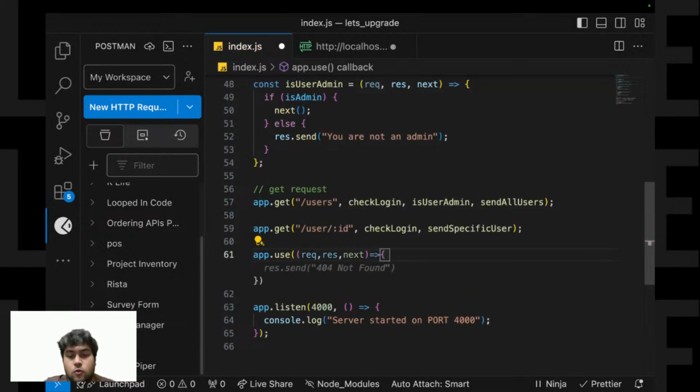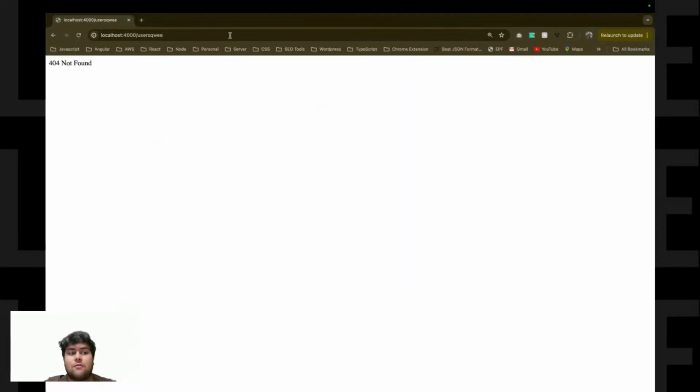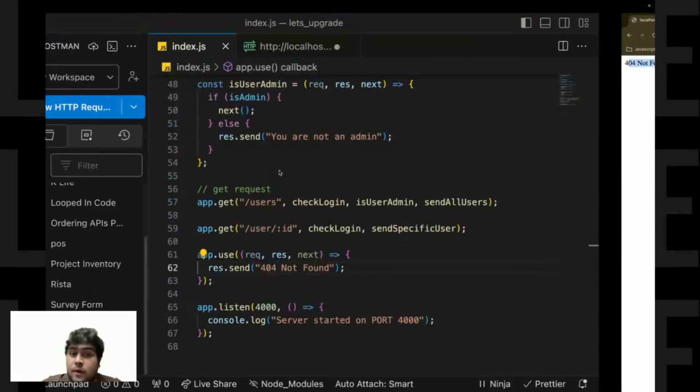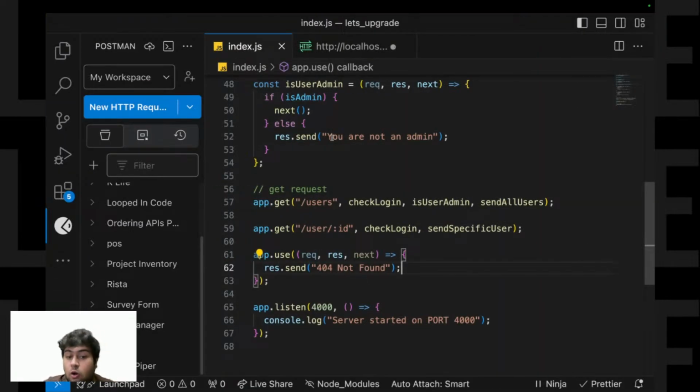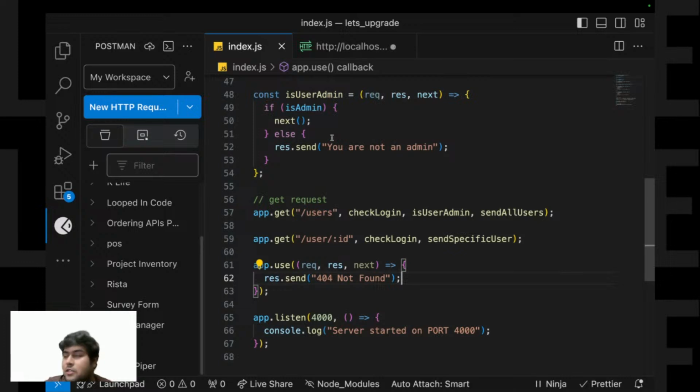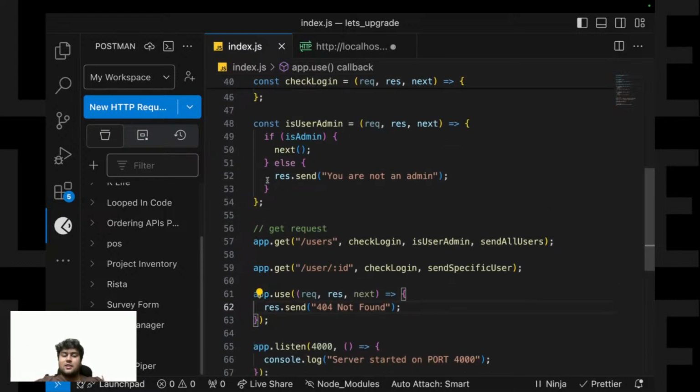And I'll say 404 not found. Okay. Now if I click on this, see, I'm getting 404 not found. So what just happened? I said if the above URLs are not available, or if some unexpected URL is found, then you can simply send 404 not found. Okay, so I can handle the request error by this. Basically, I'm catching it: if the above URLs are not available, then send this response. This is what it means.